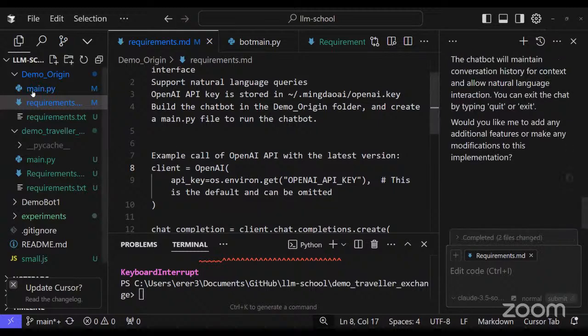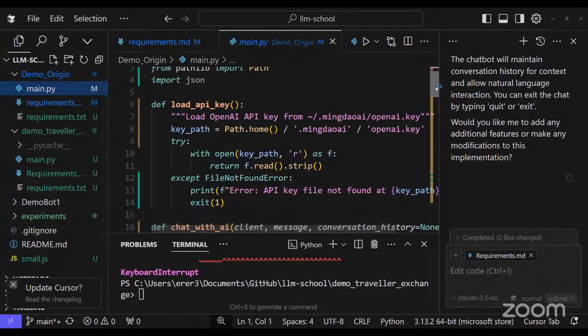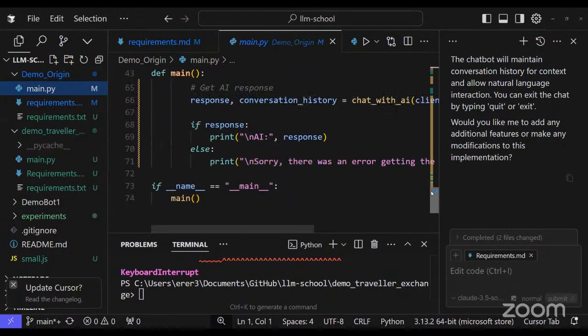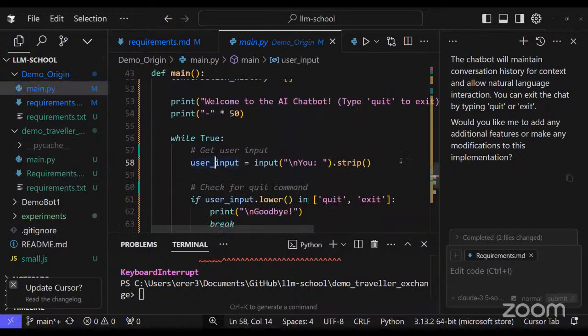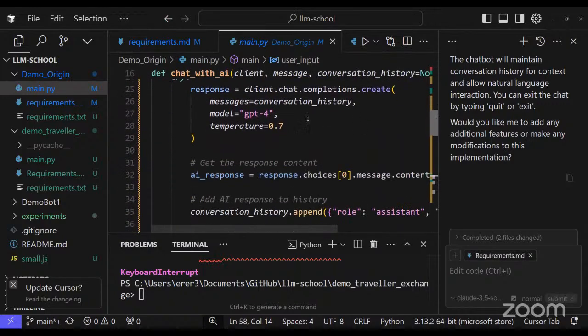I just accept all, and then it's created a full file that is, I believe, runnable, which communicates with ChatGPT. As you can see, it asks for user input here, getting user input, and then it uses an API call to call ChatGPT.